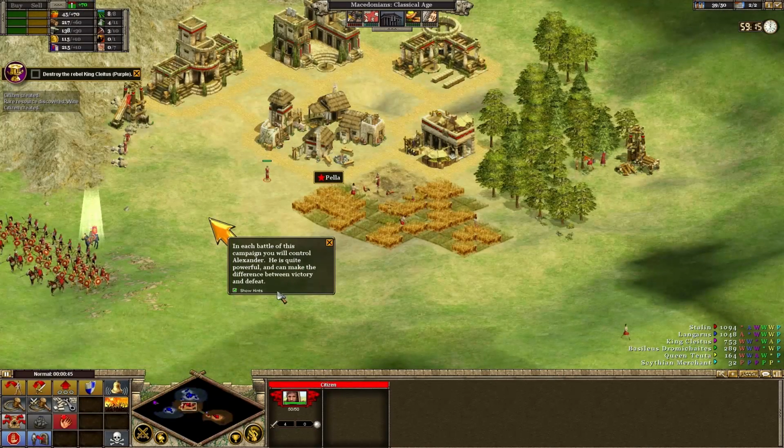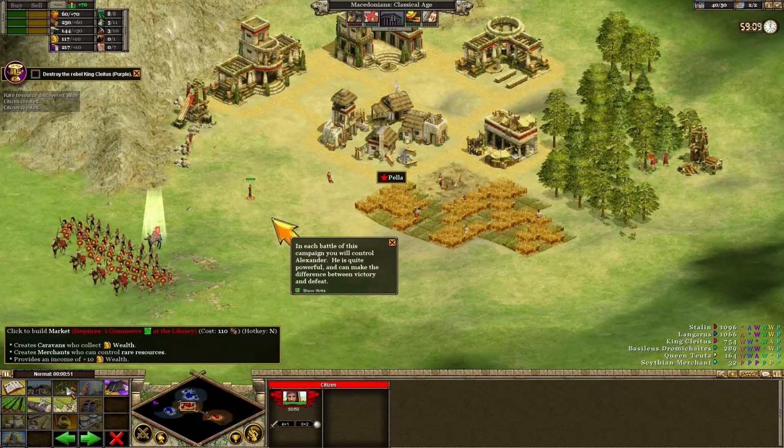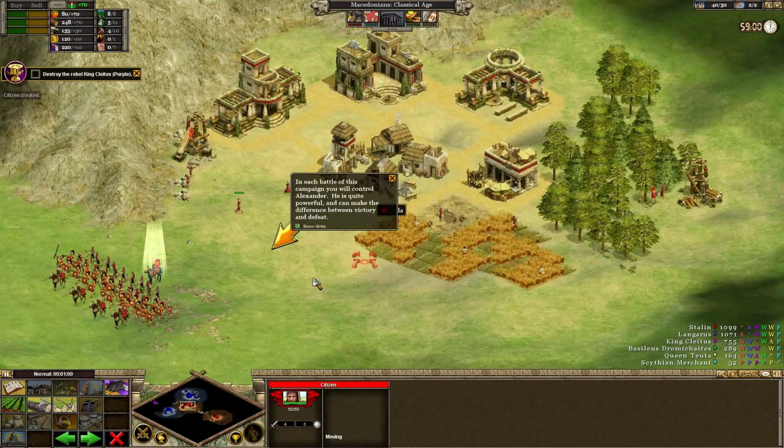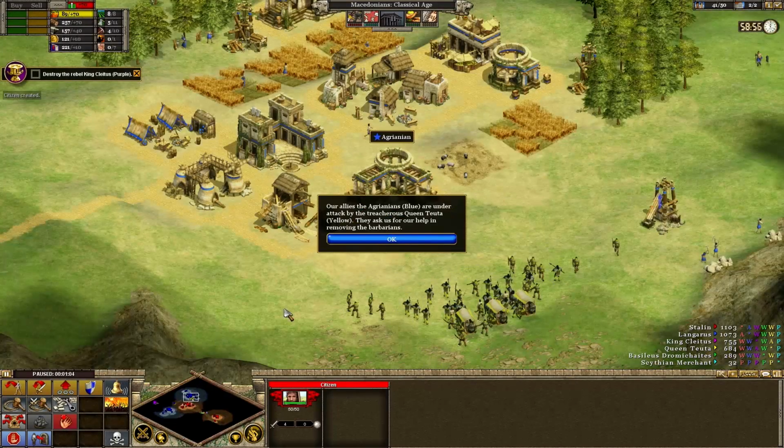And with this, like, let's say I need to build buildings, you know, it's B, and then this all kind of makes sense. You know, N is market, I don't know. E for temple, U for university, anyway. But for military buildings, it's, oh my god,